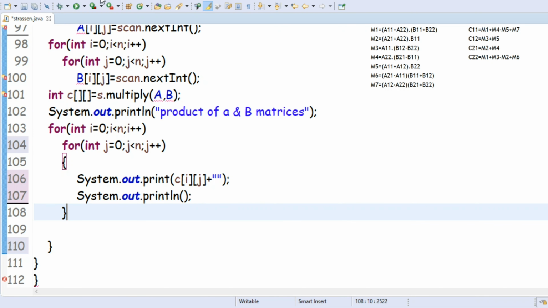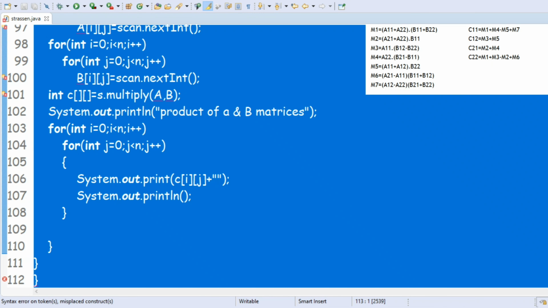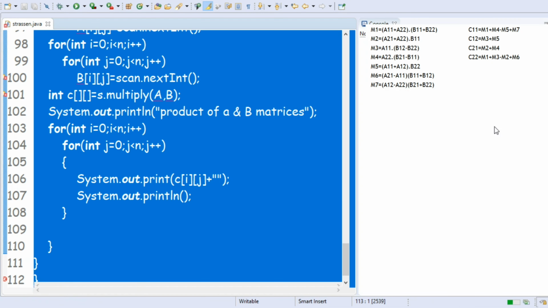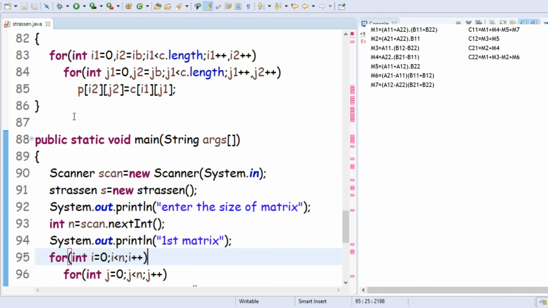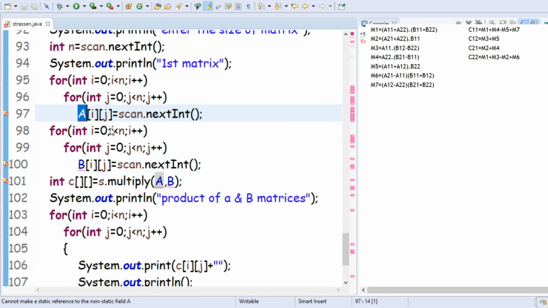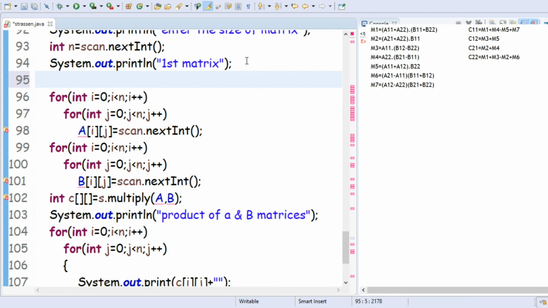Okay guys, now let us compile it. There are so many errors here, so I have to save it and compile it. Proceed. Oh my god, there are too many errors. First scanner class, back scanner. Next after this I will check individually. Oh, here the matrix name was not declared. int capital A of equals to new int of size n by n.